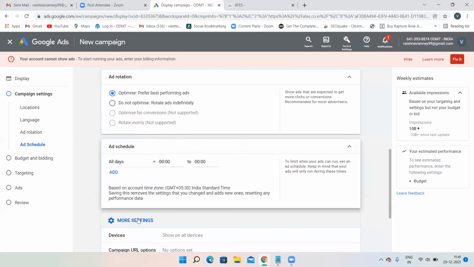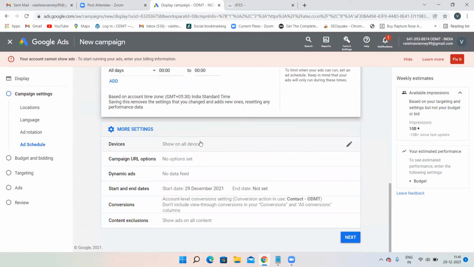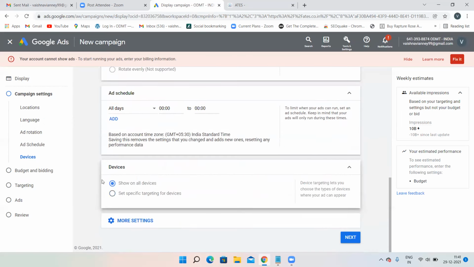Then coming to devices. Click on all devices. You can show your advertisement on all devices or on a particular device. Suppose you want to show your advertisement on only Android phones. On Android also, on which type of phones do you want to show? Suppose you want to show only on Samsung. Then in Samsung also a number of models are there.